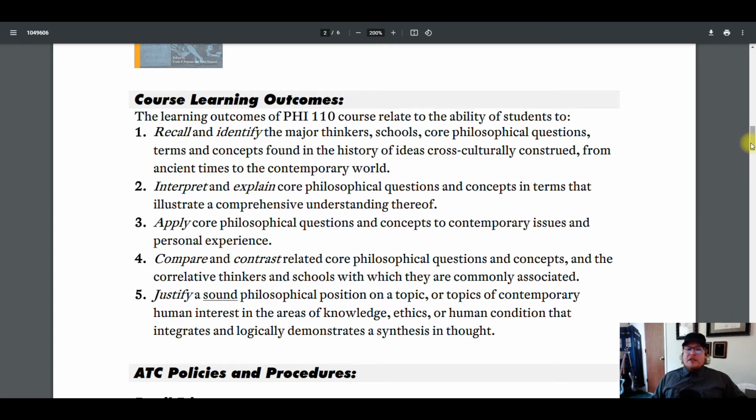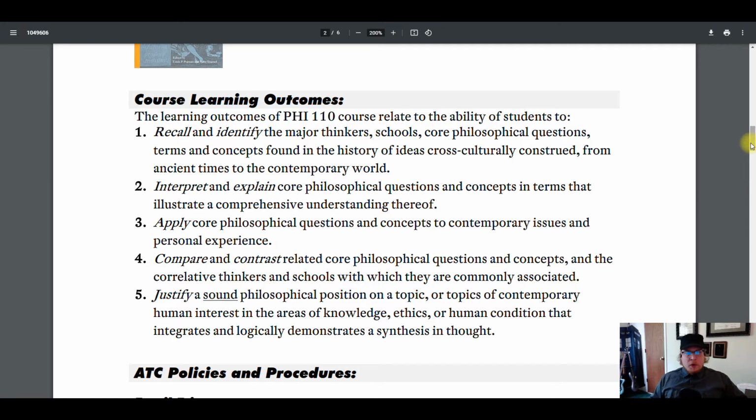3, apply core philosophical questions and concepts to contemporary issues and personal experience. The stuff that we talk about matters very much, and it matters now. Show me how. And again, there'll be some assignments, namely the weekly analyses, where you'll have the opportunity to do